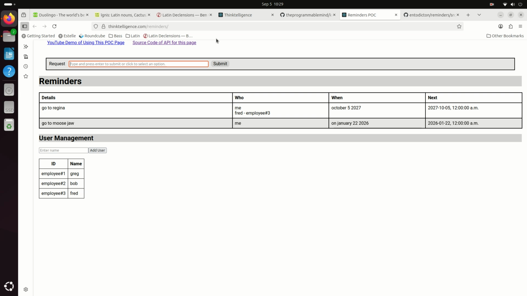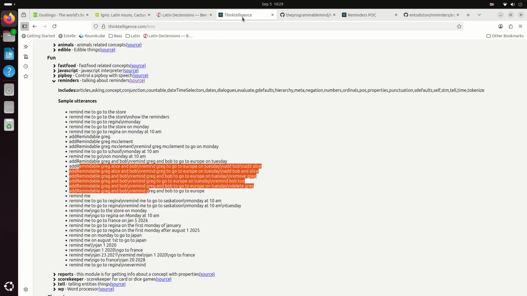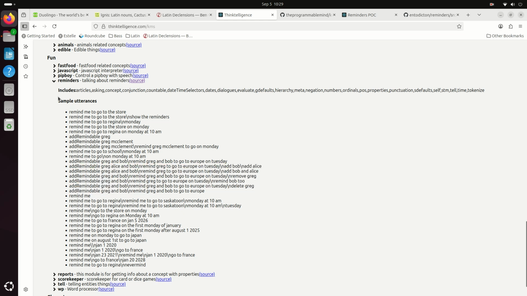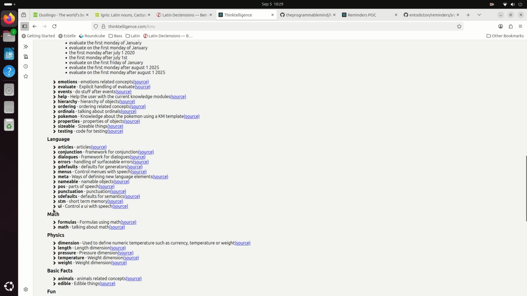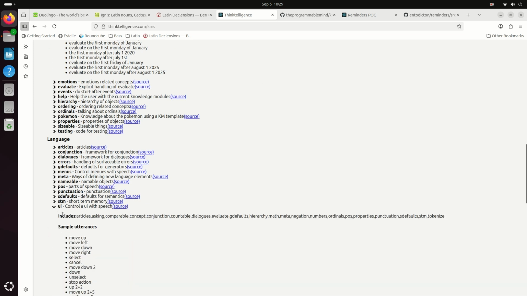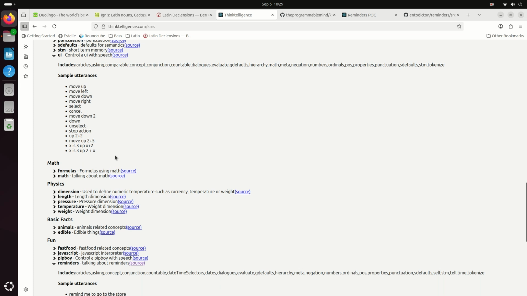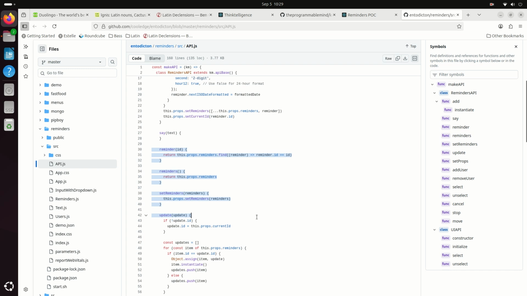Yeah, so that's that. And then I also hooked up the UI knowledge module. I demoed that in the menus one and maybe Pip-Boy, I can't remember. So the UI knowledge module lets you say things about the UI. Up, down, select, this, that. I think I only implemented up and down. I didn't implement select and cancel and all that. But I could, if I wanted to, it'd be implemented in